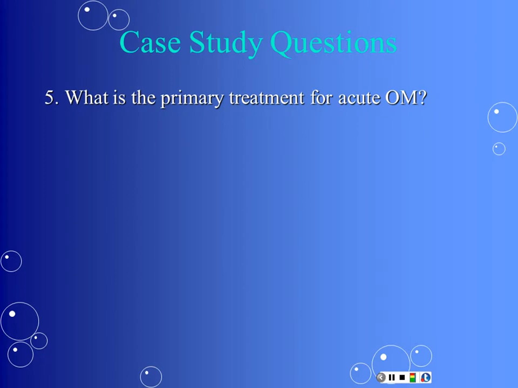But what happens a lot of the time is you've already waited 24 to 72 hours before you've taken your kid into the doctor. So they'll go ahead and give them antibiotics, but generally it's wait and see first if they're over 6 months. Or they'll say, here, if they're not better in 3 days, take this prescription. What do most people do? They go ahead and fill it and give it to their kid. They don't wait. So you see a lot of over-antibiotic use, because if it's viral that's causing it, it's not